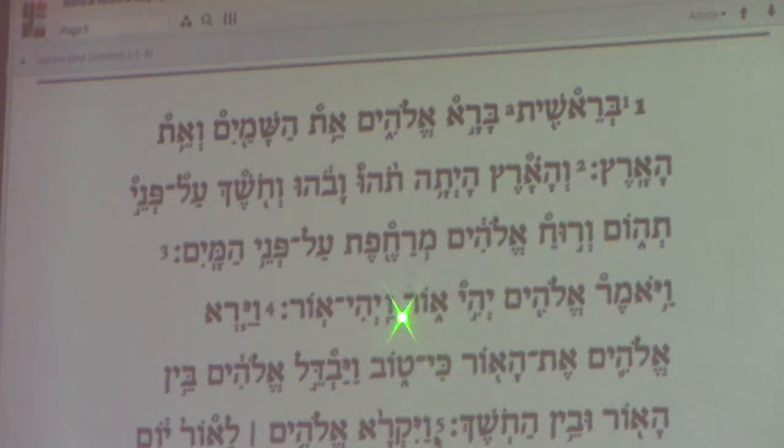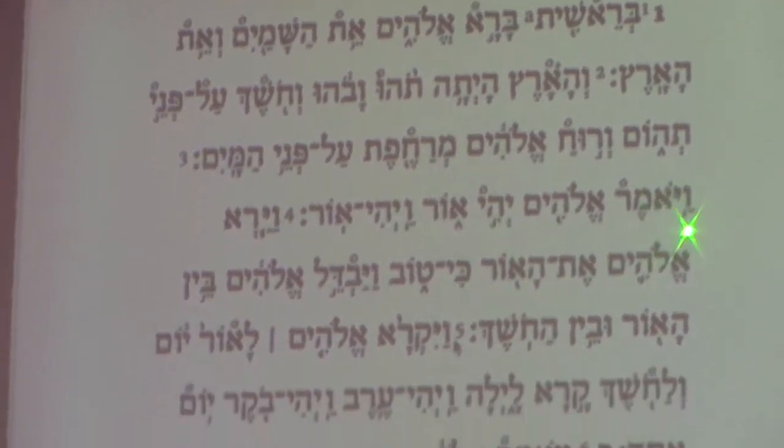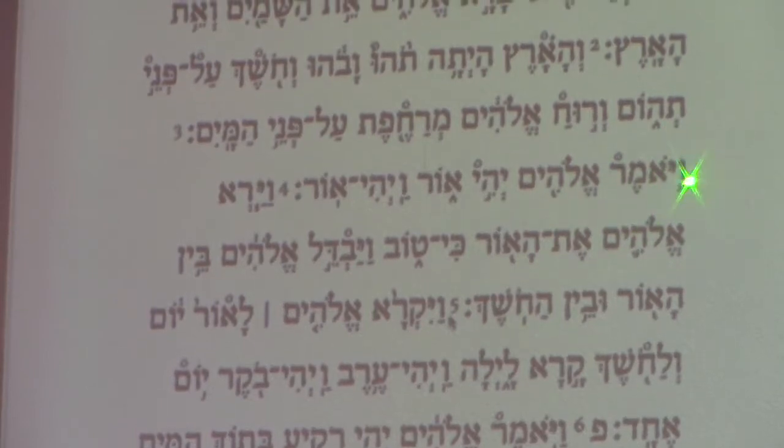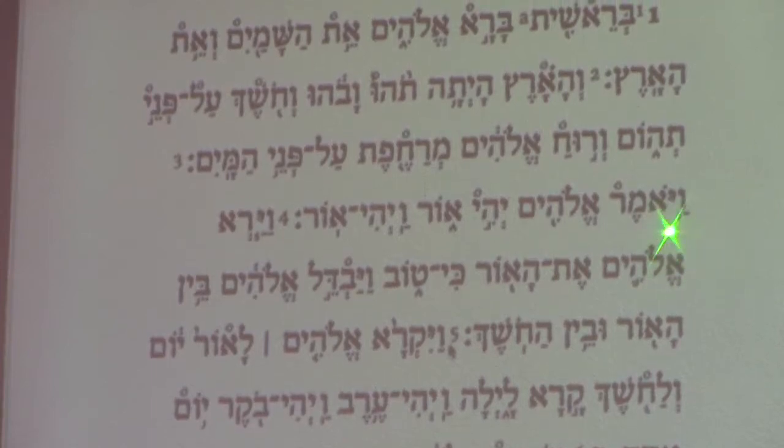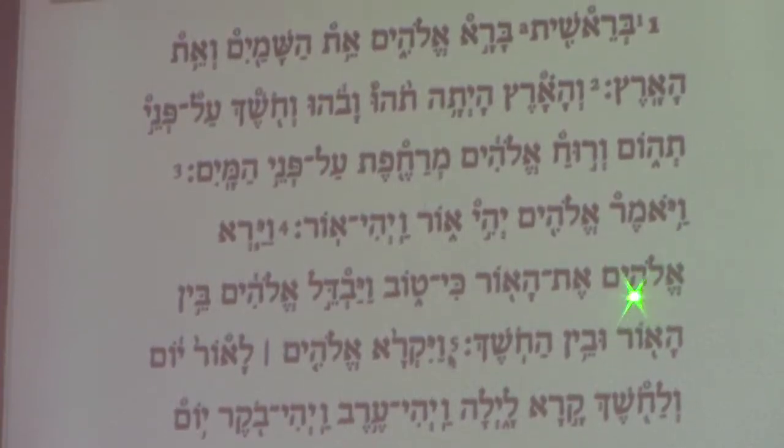Vayomer Elohim yehi or, vayehi or, and said God, and he said, specifically, there's that third person, once again, there's the vav conversive with the pata, there's that yod with the dagesh, the yod causing us to recognize that we're looking at the imperfect form of the third person masculine singular, but now we've added vav conversive, and it says, and Vayomer Elohim, and God said, okay, so it's past tense, perfect, right? Even though it's in the imperfect form, the vav conversive made it perfect again. And God said,